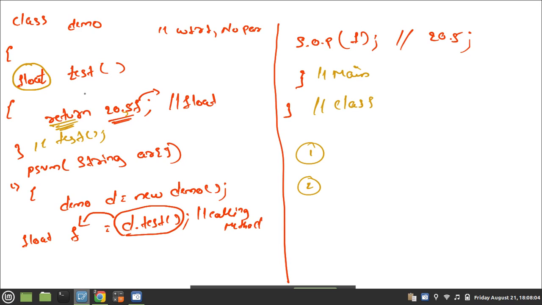The third point is: this method is returning something. It is returning something, which means a variable is required to store its value. This is the third point.